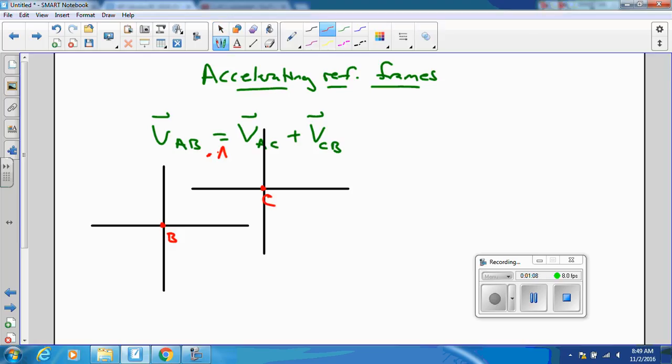And we have an object A. And so we can draw ourselves a picture so that when I measure the position of A relative to B, and when I measure the position of A relative to C, then I can observe that